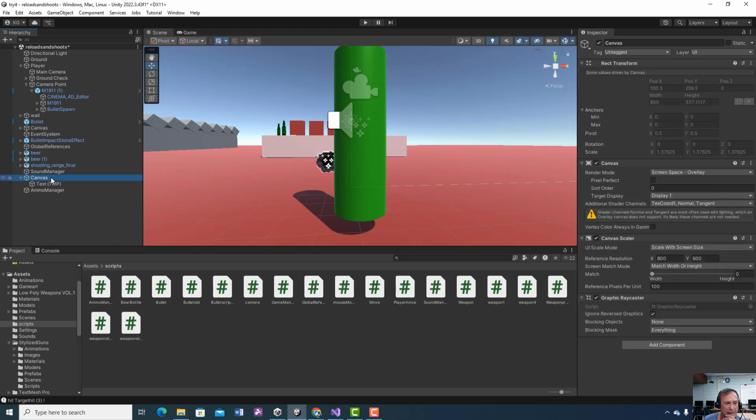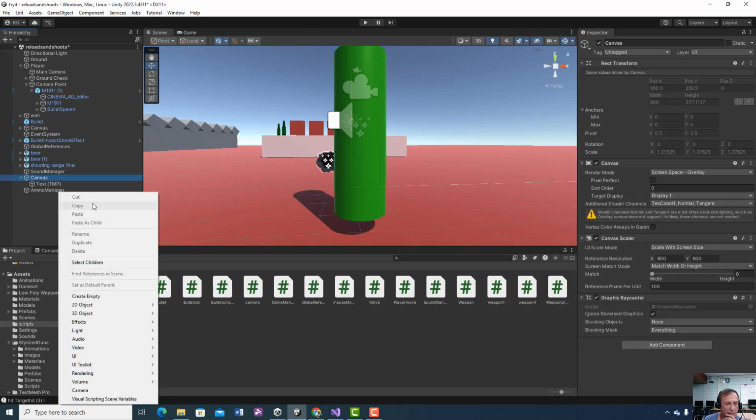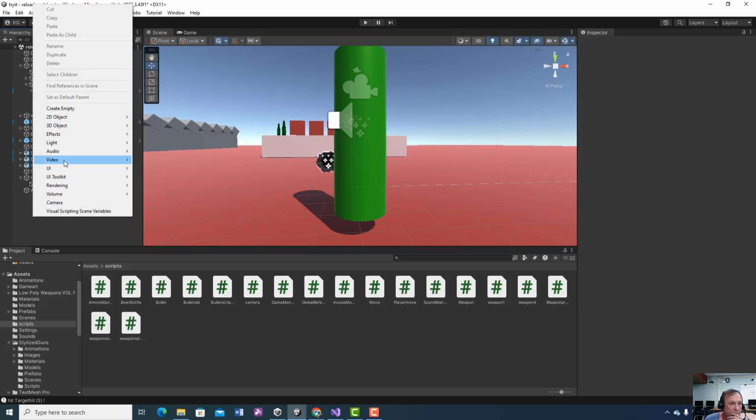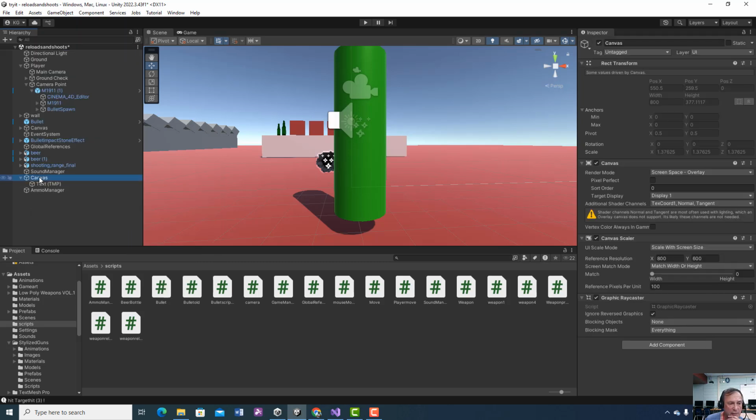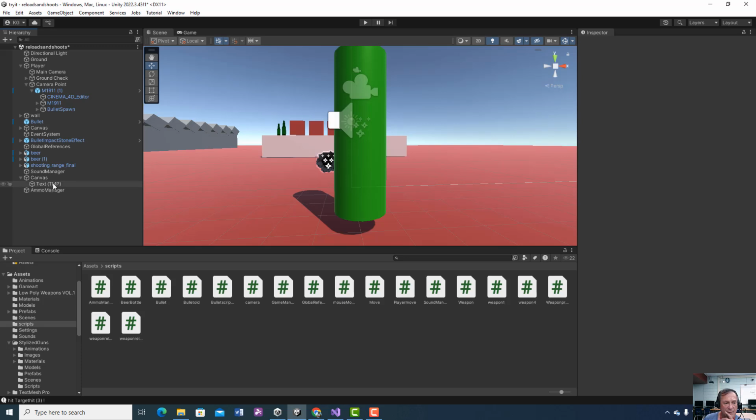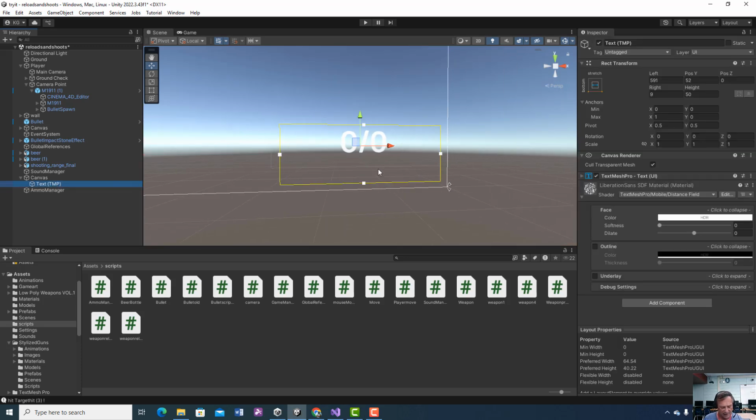So we're going to be creating a canvas. And where is this? Oh, UI, Canvas, Text Mesh Pro. So right click UI, Text Mesh Pro, and it's going to look like this. So we're going to click on the text. First of all, the canvas. You're going to come over here and make it, when you click on that canvas, scale with screen size. And then the Text Mesh Pro, we're going to drag it down